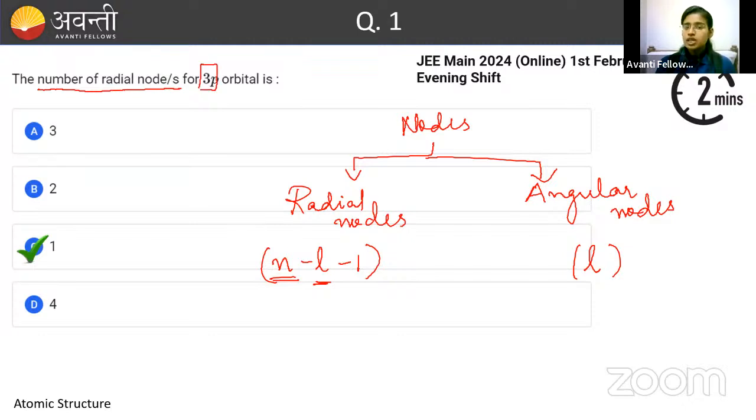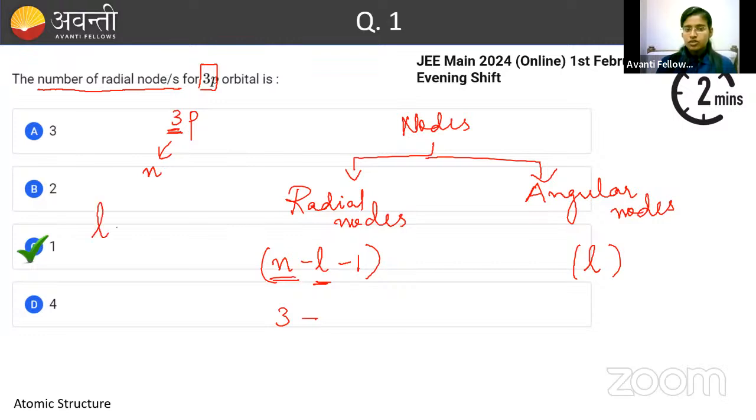So for the 3p orbital, what is the n value? So this is the n value, right? Principal quantum number. It is equal to 3. n is equal to 3. Let me substitute the n value as 3: 3 minus L. What is L? L is the azimuthal quantum number. So what is the azimuthal quantum number for the 3p orbital? To find out the L value,